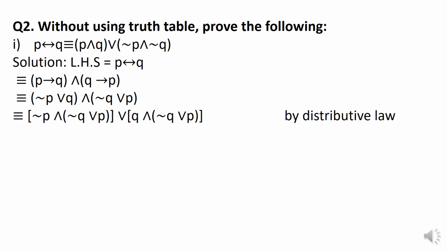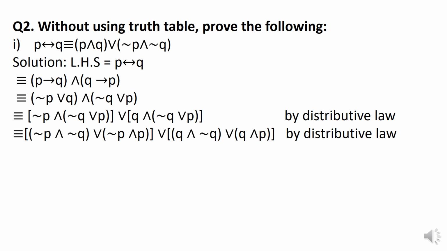Then what we do over here is like multiplying two brackets together. We take not P of the first bracket and the connective in the middle, and we apply it to the second bracket. So (not P and (not Q or P)). Same thing, like applying the middle sign: we put or from the first bracket in the middle, and then we write (Q and (not Q or P)). Think about it for a bit, you will understand it. Now this is done by distributive law.